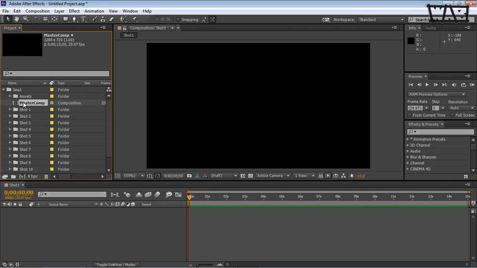If I double click on a composition, it loads it into my composition window. There's nothing in it yet to show you that that's what it is, but it tells me on the label that that is what it is. It also shows me down here in this tab that this is the master comp. Now if I were to open up my shot 1,